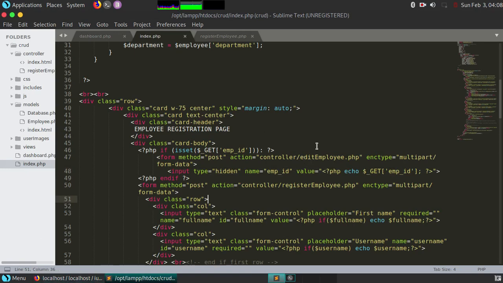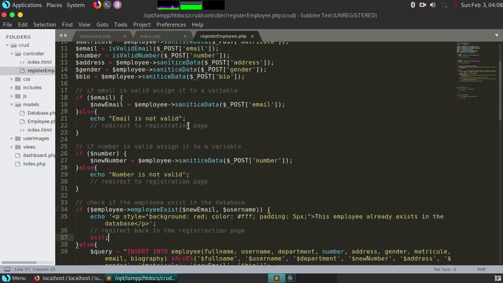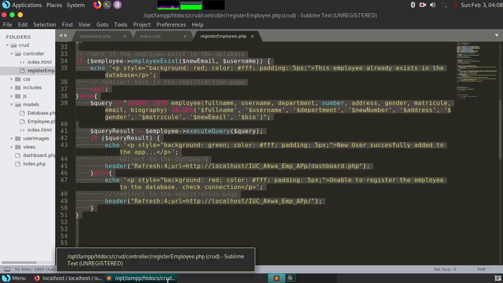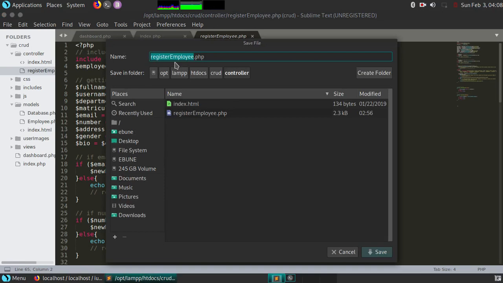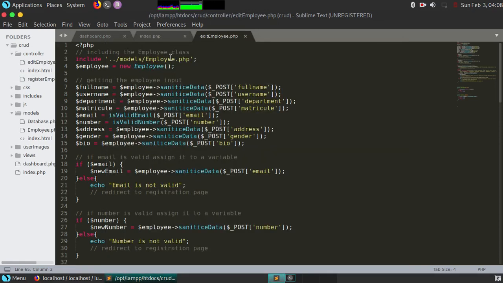Before creating this file, or better still, let me create this file. Since this file will look almost the same as this, I'll just press Ctrl Shift S to save as, right? Ctrl Shift S to save as, and I'll save this file as edit employee. Now that our edit employee file exists,